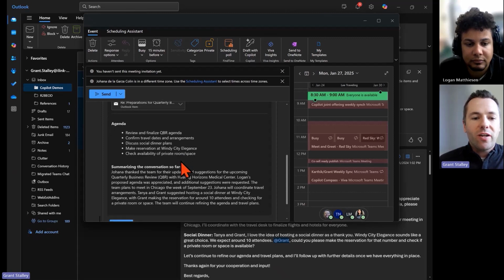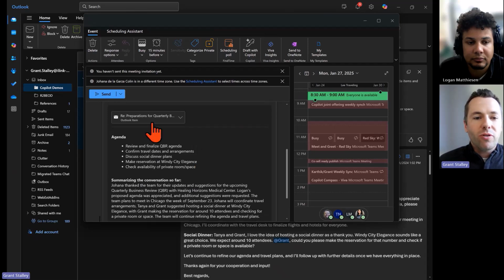And it's going to summarize the conversation so far. So no longer do I have to go back to the email thread to make sure I'm caught up. Now it's right here for me in the agenda. If I've only got like a minute or I'm running slightly late, I can pull this up. I can see what's on the table for discussion and catch up on that summary with just a short moment's notice. And if I do want to take that deeper dive, Copilot has pulled in that actual email thread as